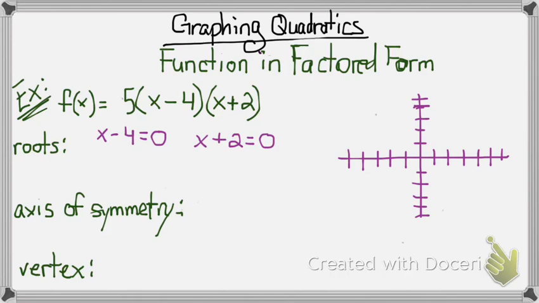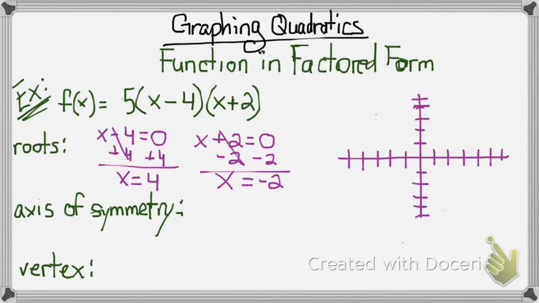My first factor is x minus 4. So when I set that equal to 0 and solve for x, I will have to add 4 to both sides, and that will give me x equals 4 as my first root. When I set x plus 2 equals 0 to solve for x, I'll have to subtract 2 on both sides, and that will give me x equals negative 2. Then I'll go over to my graph and plot both of my roots on the x-axis at 4 and